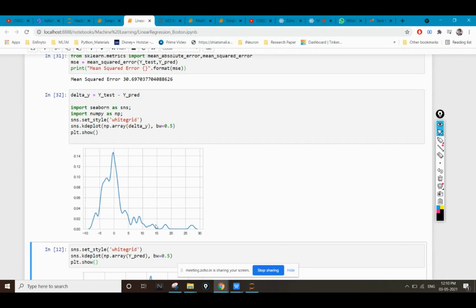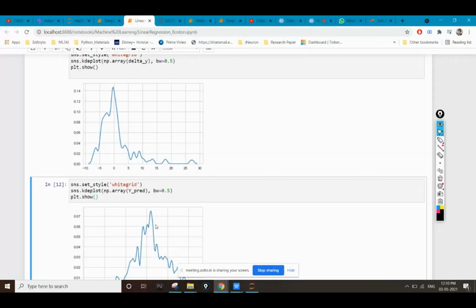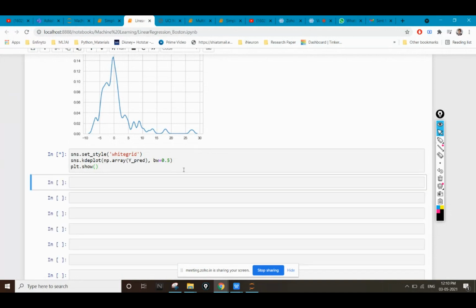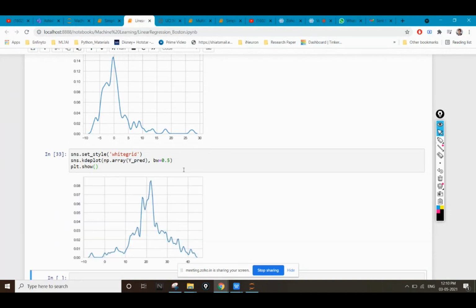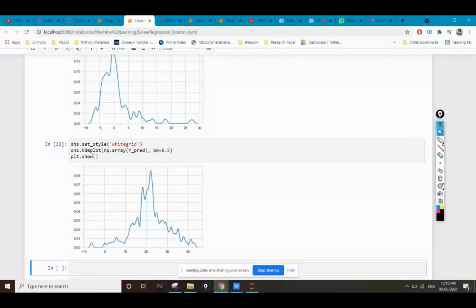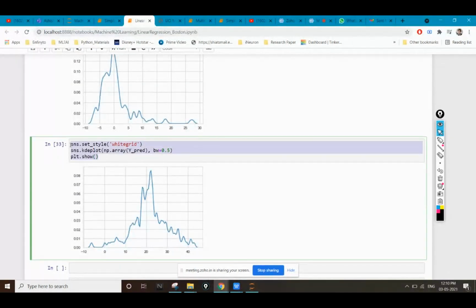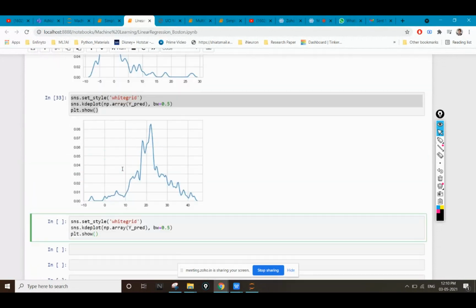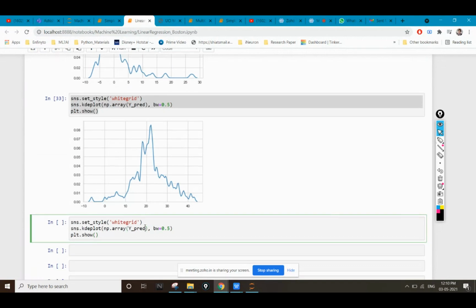So some points are coinciding and some points are not. Let me see my y predicted values. So these are my y predicted values. In the same way, let me see my y test values also. It will be much more clear with the help of this graph, not the other graph.